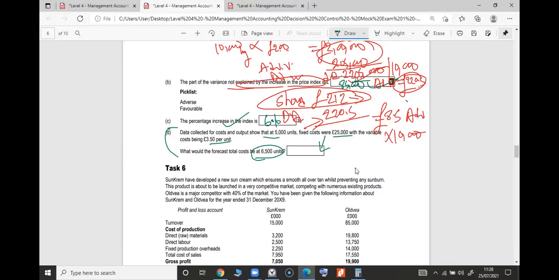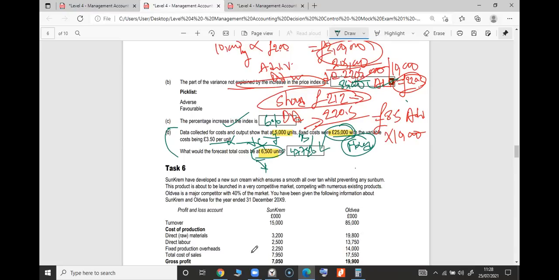Generally, do remember fixed cost remains fixed, whatever the level of activity, whether 5,000 or 6,000. But they could have made it a semi-fixed stepped cost. They could have said something else, couldn't they? Then you can be creative. Otherwise, your fixed 25,000 is fixed. You don't touch it. And the rest is variable. 6,500 times 3.5, you get your VC, plus 25,000, you get your FC, and then you get your answer here. What is the answer, by the way? People, 47,750 is the right answer.